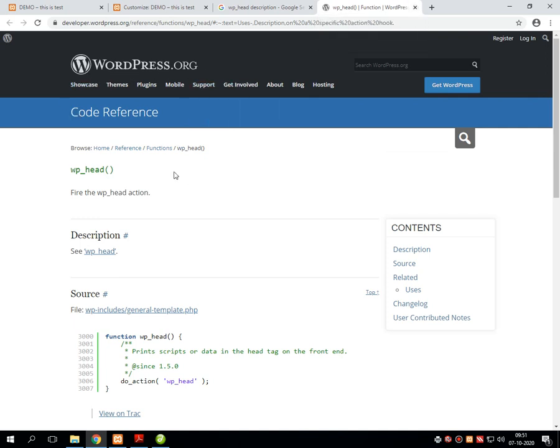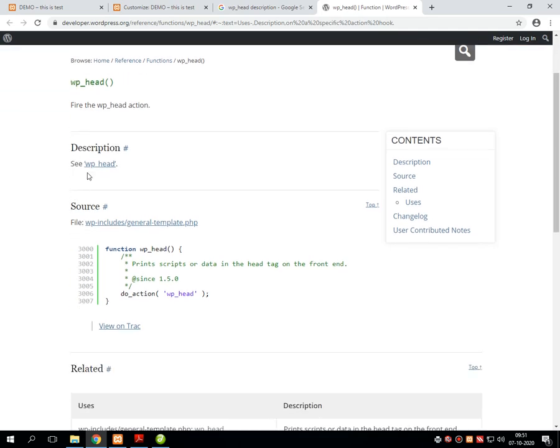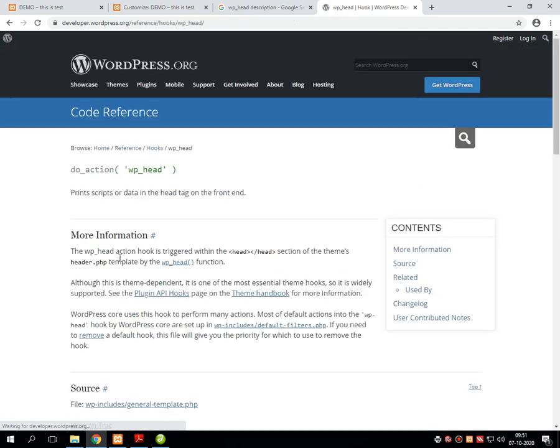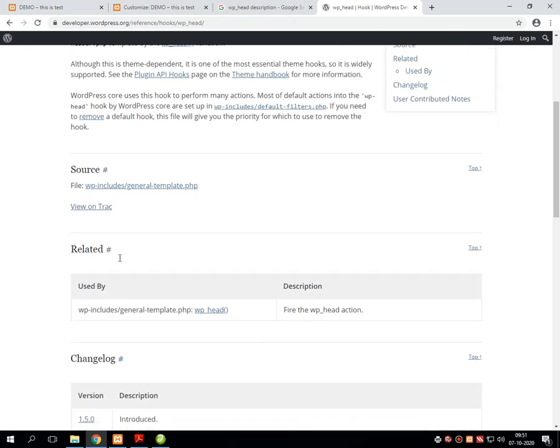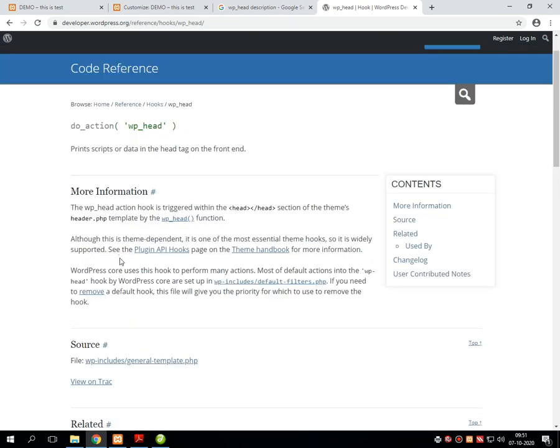It's coming from wordpress.org, but only a very short description is there. Anyway, forget it. Let me tell you the description of wp_head. wp_head is an interactive WordPress function which returns the head of the entire website onto the screen. It should be written in between head and slash head, and it must be written into the header.php of the entire WordPress website. This is the theoretical description of wp_head.